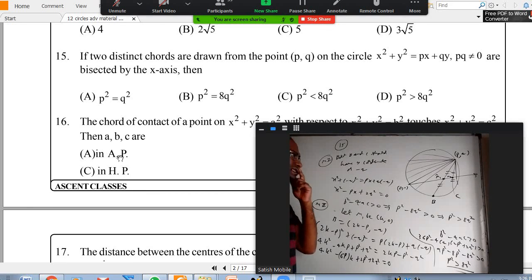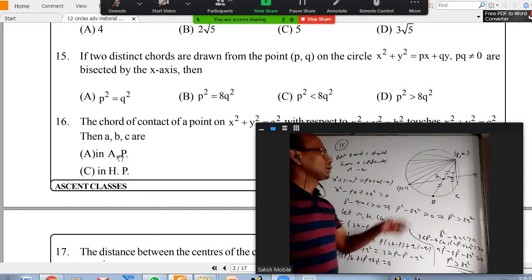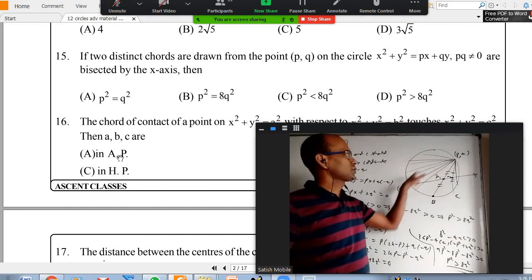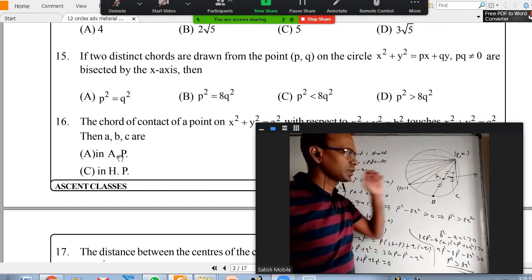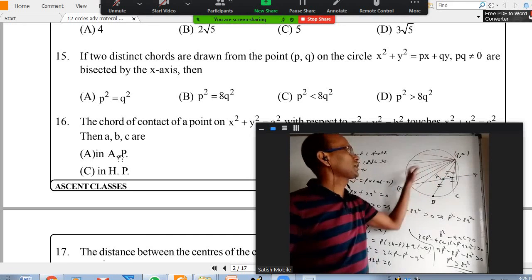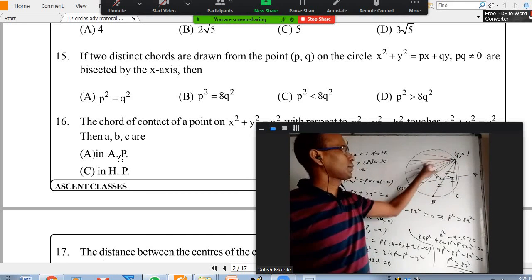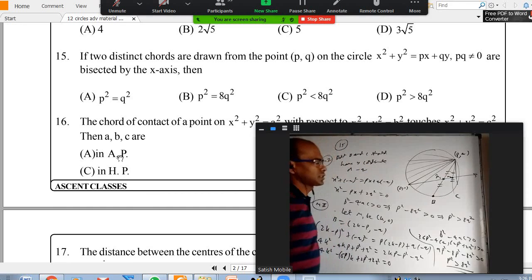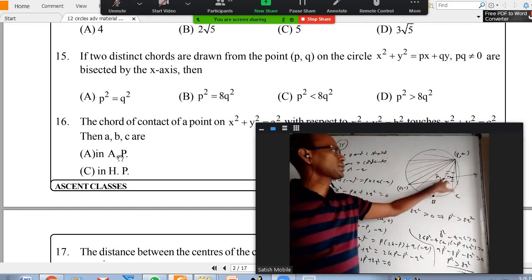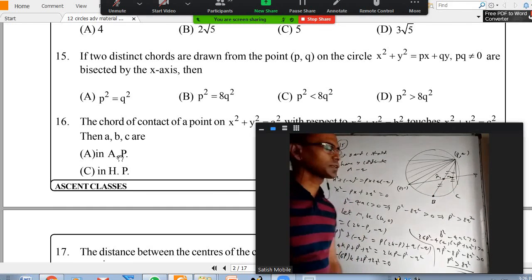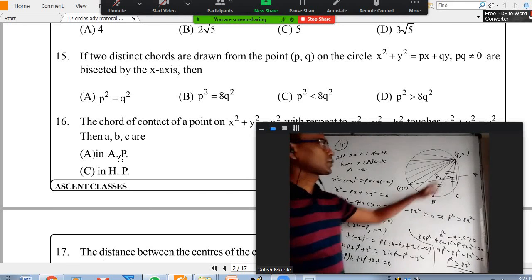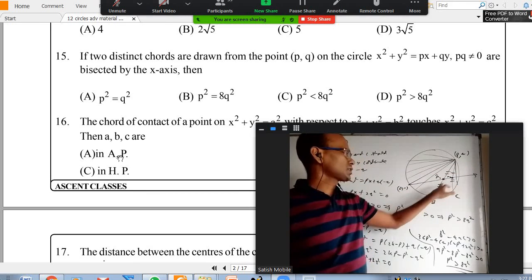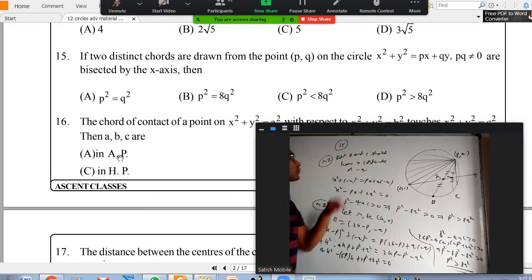First of all, the question is, you should understand, there's a circle passing through 0, 0 and p, q. Many other points on the circle are there, but p, q is given. So that many chords are there. Each chord will have a midpoint. Among all these midpoints, 2 such midpoints should lie on the x-axis. What is the condition for that? Here the y coordinate is q, here the y coordinate is 0, which means this y coordinate should be minus q. That's what we did. Both B and C should have y coordinate as minus q.